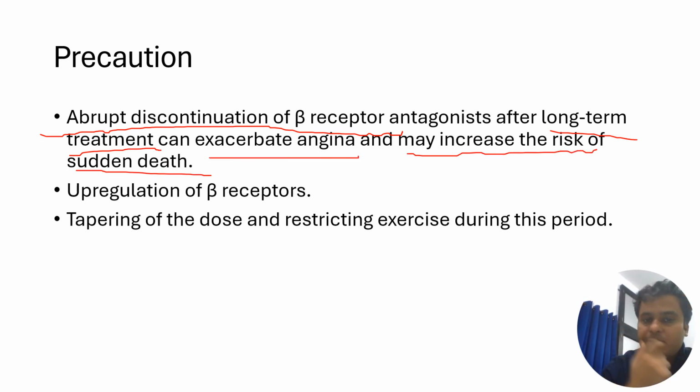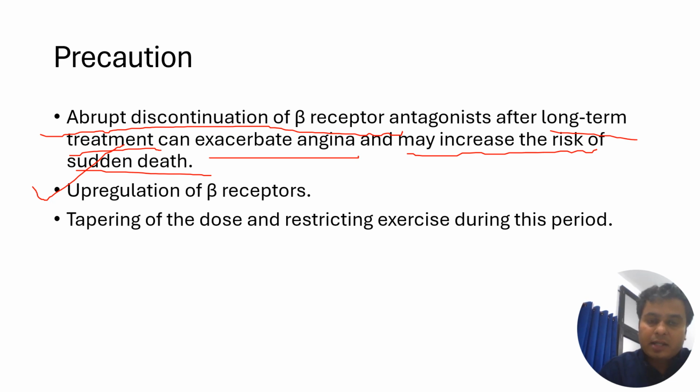This happens because there is upregulation of beta receptors. Once the beta blockers are used for a longer duration, there will be upregulation of the beta receptors. Upregulation means there will be an increase in the number of beta receptors, or an increase in the sensitivity of such receptors. If you stop these drugs abruptly, these beta receptors will show exaggerated response